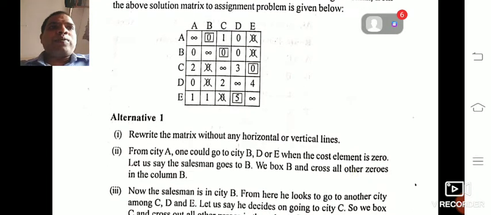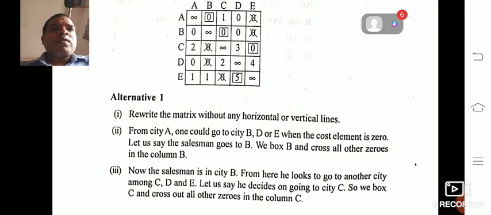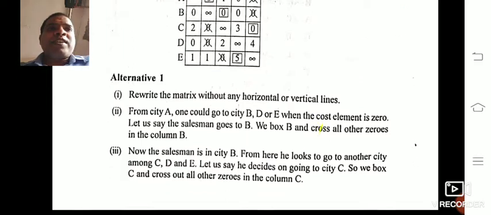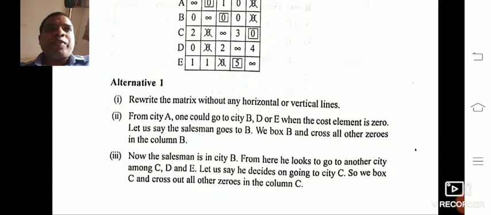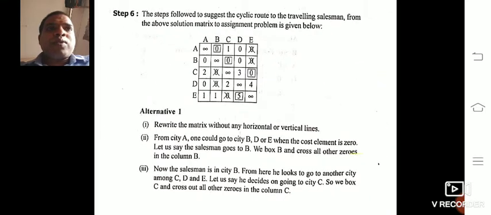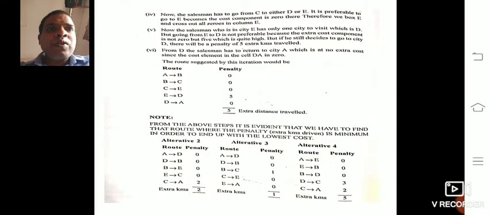Now, here we didn't get an assignment in the D row. And in the 5th, E row, we have assigned 5 to 5, because the zero is already deleted in the C column, so we have assigned 5. See here, you need to get the alternatives, so many alternatives. In order to get so many alternatives, we need to check.